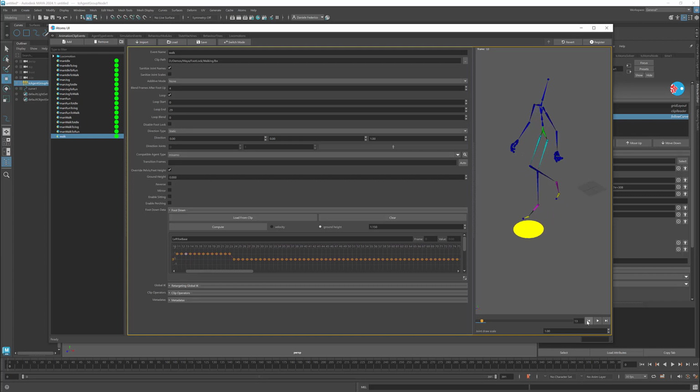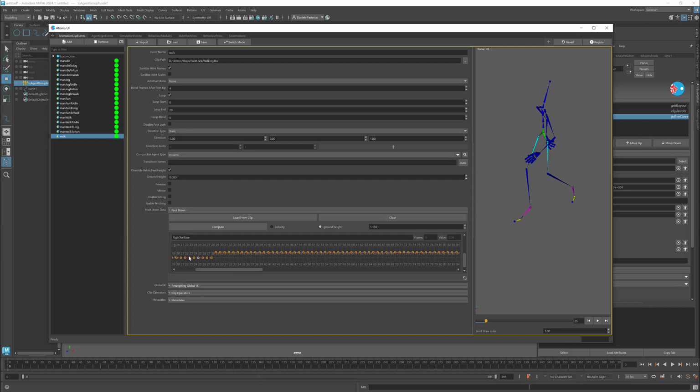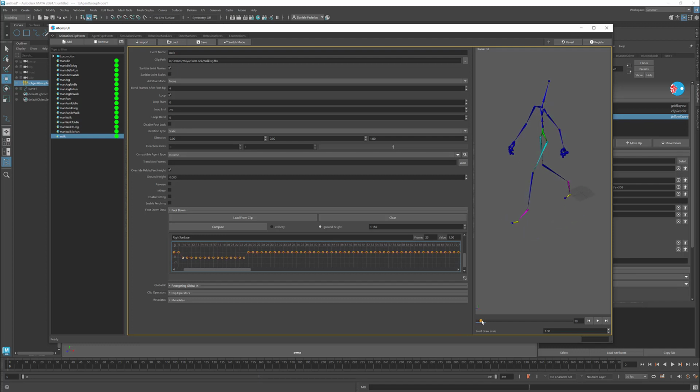It's not perfect. For instance, at the end it's not very accurate. So maybe we want to go to the right top base, which is that one, and from this frame onward, we want it to be down. It's also very important to have continuity between the end of the clip and the start. Here we see Atoms already set this value to true, meaning that this foot was locked at this frame. But it's important that at the beginning and at the end we have the same foot lock information so that the looping works correctly. So I can now save this,